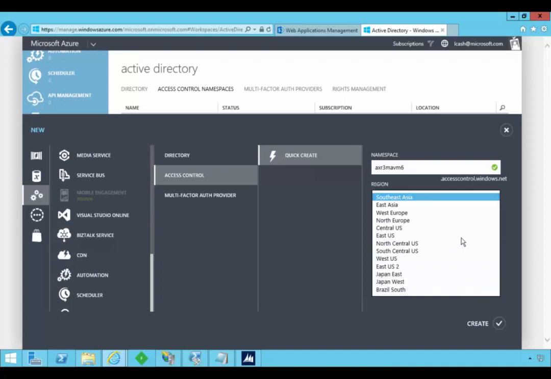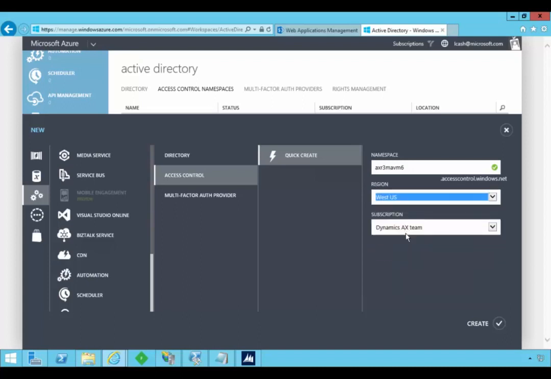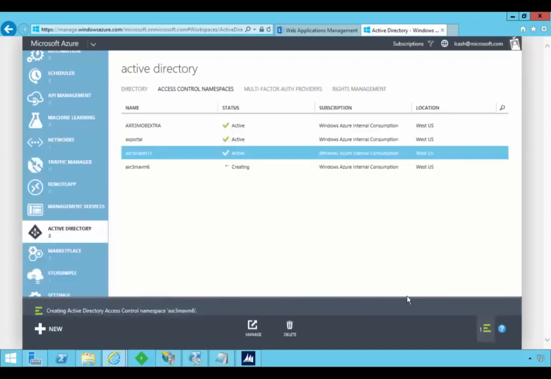And so I'm going to pick my region, so West US, and I'm going to put it on my relevant subscription here. Obviously the subscription is important because that's where it gets billed for relevant billing pieces and stuff. So this is going to be my namespace, so I'm going to say create,